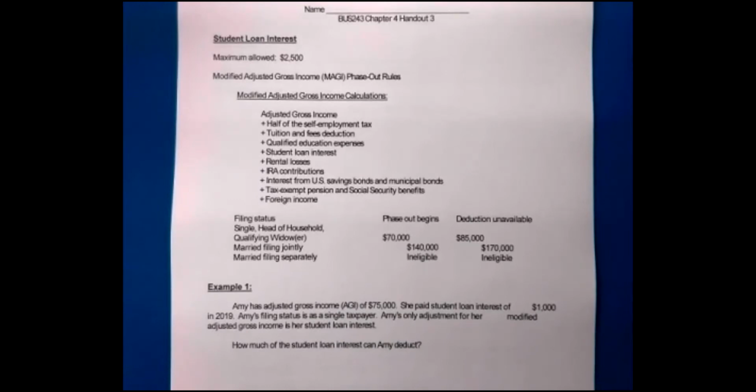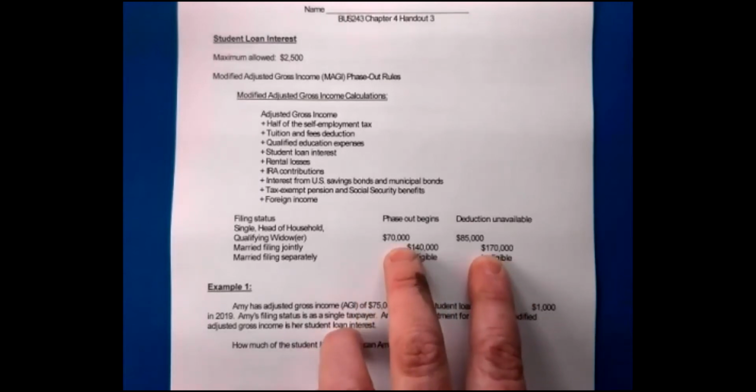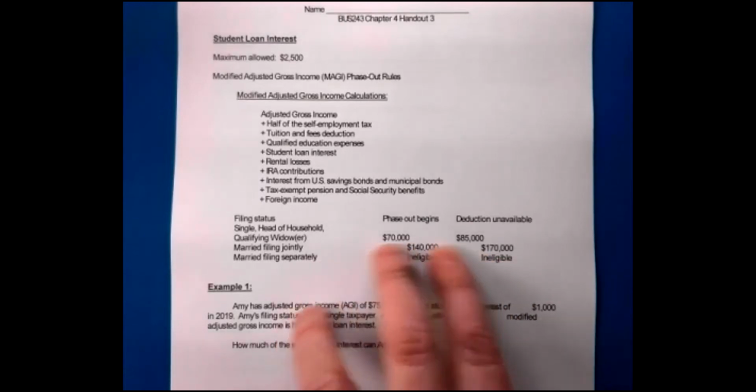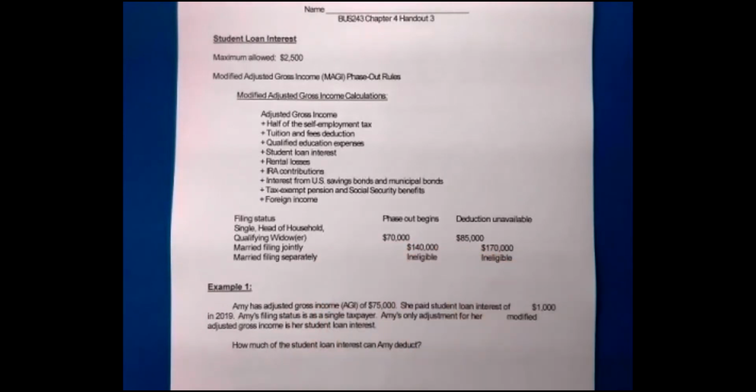So student loan interest, there is a phase out period, and it's a little hard to see here. A lot of times you'll see this in taxes, that there'll be a phase out period for something. So if there's some benefit that they get, at some point you're making so much money they say, okay, you don't need this benefit, basically. For instance, student loan interest. If you're making a tremendous amount of money, they say, okay, you don't get to write this off.